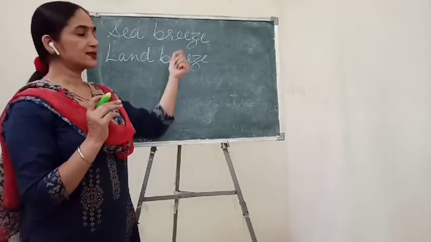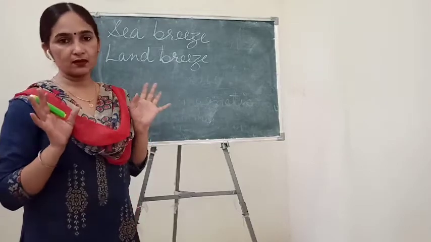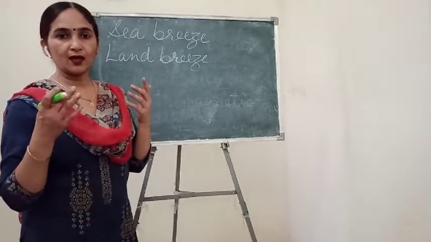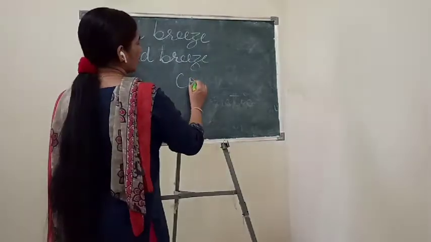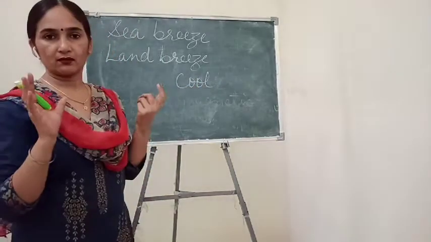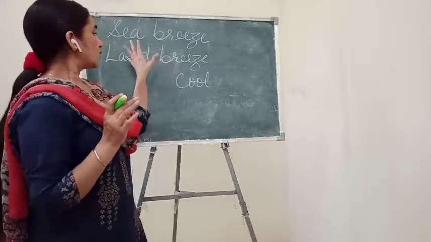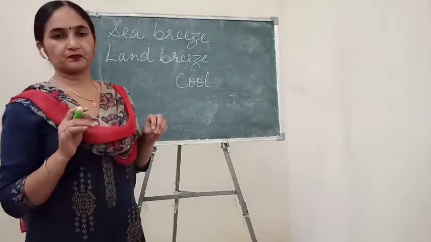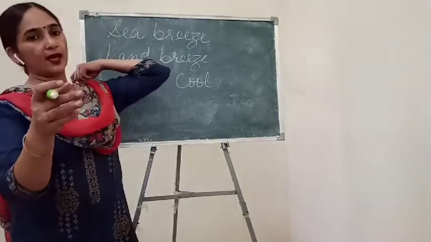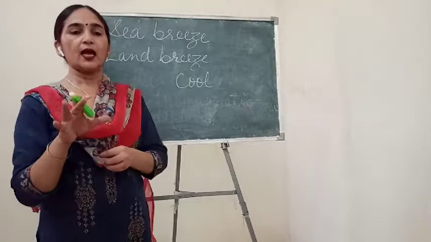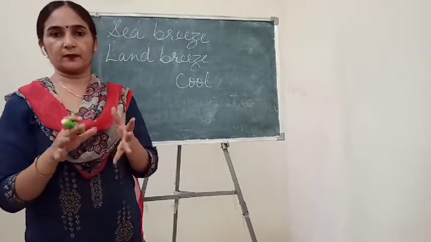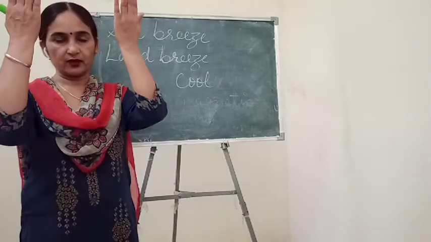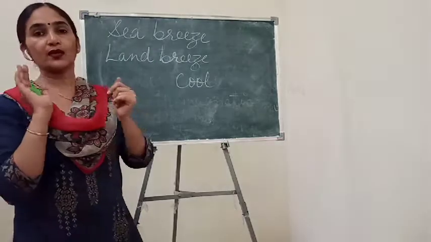So always pleasant air. Which air is pleasant? Hot air can never be pleasant. You know that. Which air is good to feel? That is cool air. Cool air always feels pleasant to us. So what will happen? First we discuss the sea breeze. Children, as you know, I have explained the convection method. When air gets heated, those hot molecules rise upward. Understand? So what will happen during daytime?